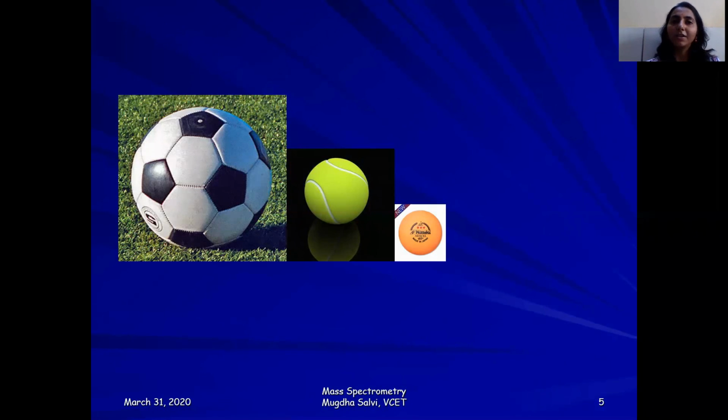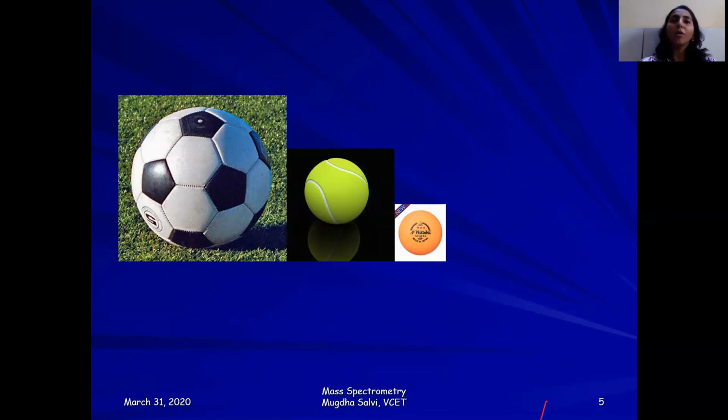Suppose we are blindfolded and we are asked to throw these three balls. Just by judging their weight, we could have an approximation that if I throw all three balls at the same time, which ball will land first, which will land second, and which will land third. Also, we can identify which ball will land nearer to me and which will land farther.